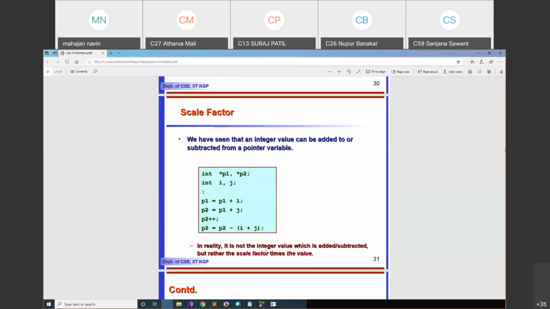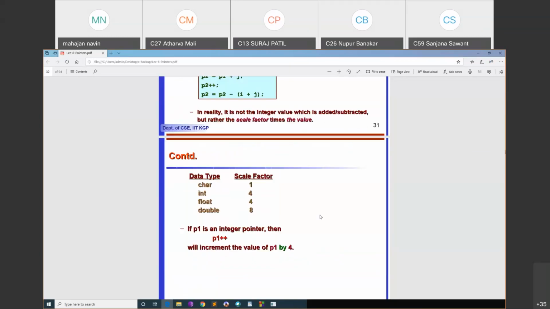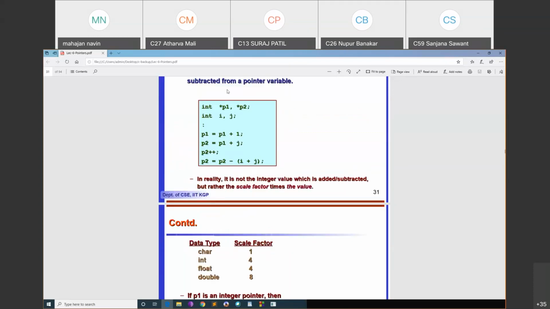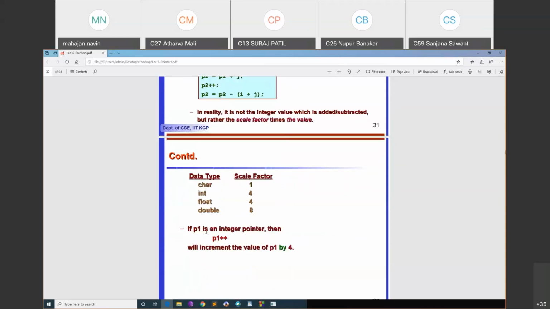In reality, it is not the integer value which is added or subtracted, but rather the scale factor times the value. What is the scale factor? Character is 1 byte, integer 4 bytes, float 4 bytes, double 8 bytes. If p1 is an integer pointer, then p1 plus plus will add 4 bytes, not 1.